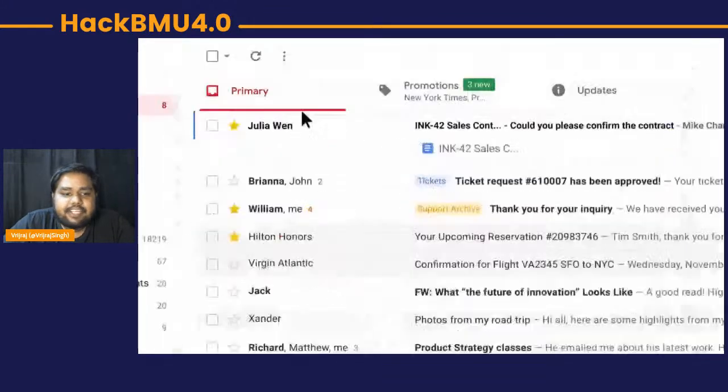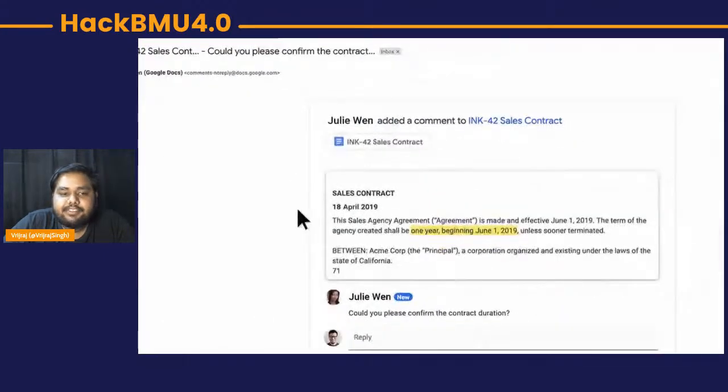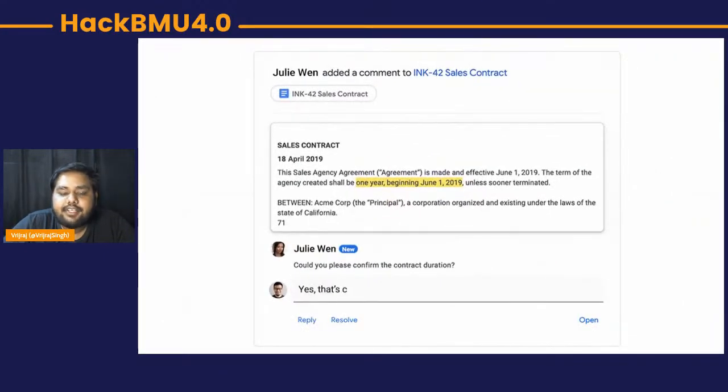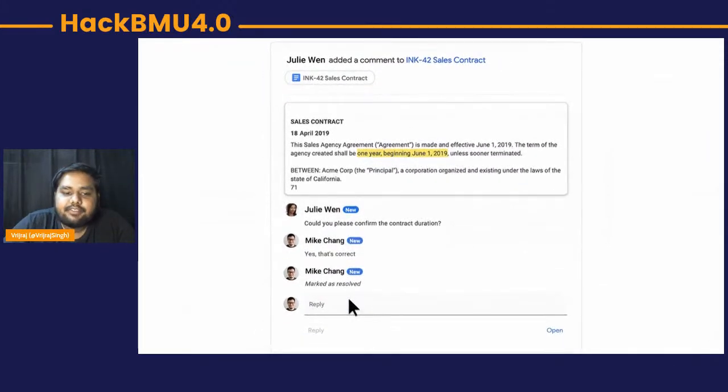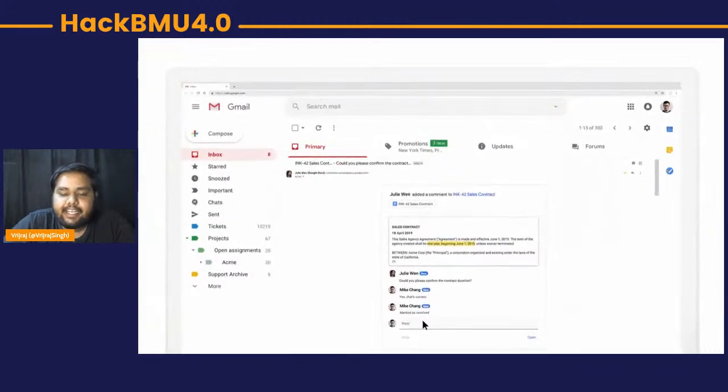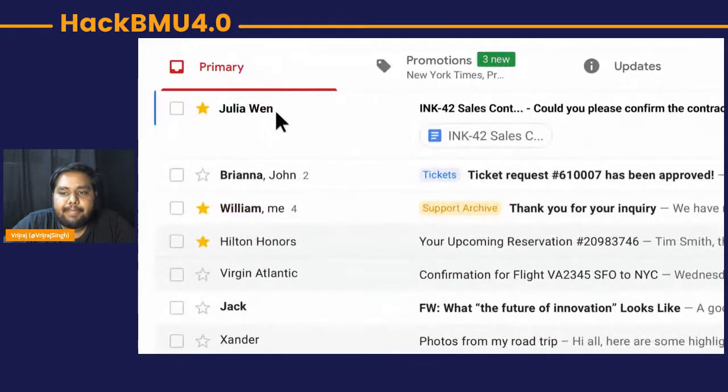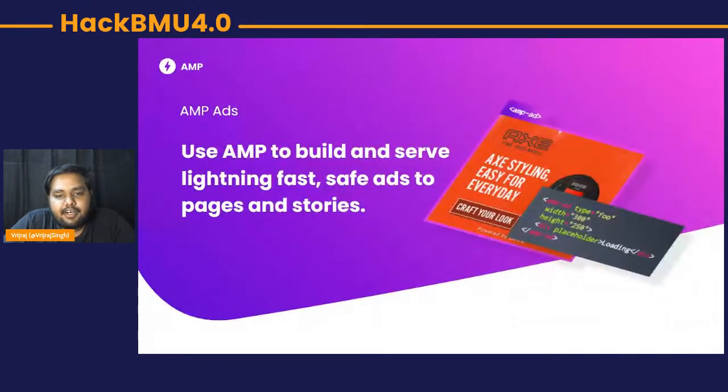Similarly, Google is also using email as a concept. Whenever you are working on Google Docs, you can add a comment and share the file, and you don't need to navigate to a new browser. You can do that within an email, and that's it. So this is a part of AMP email. And the last,